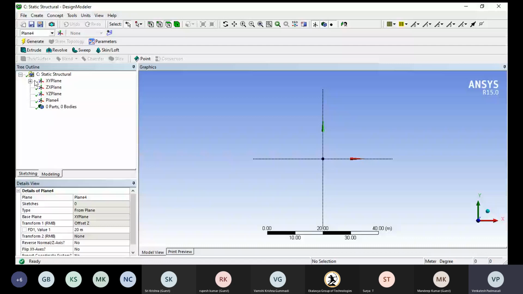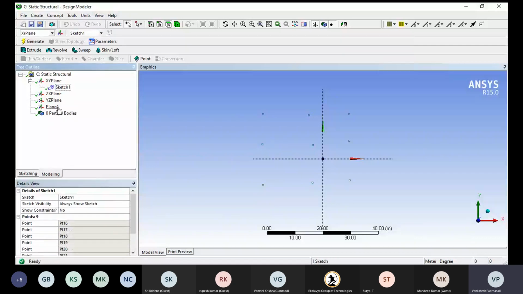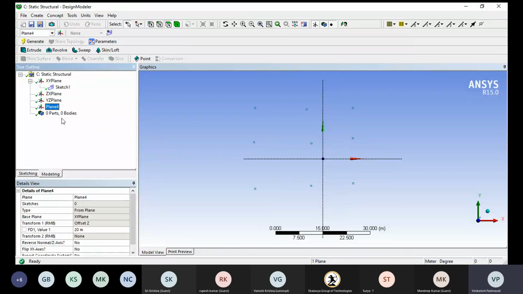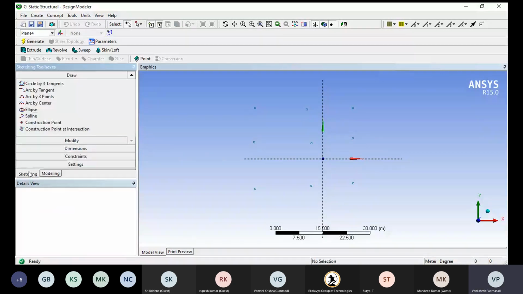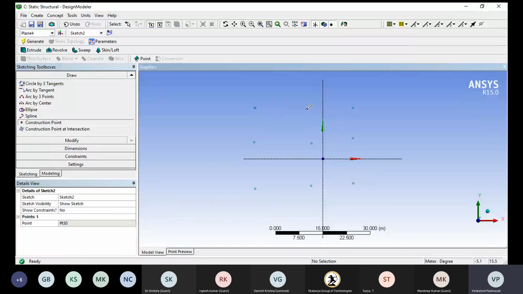I'm opening here, right click, always show sketch, plane, right click, look at is my option, and I'm going for sketching again. Construction points again, number 1, 2, 3, 4, 5, 6, 7, 8, 9.